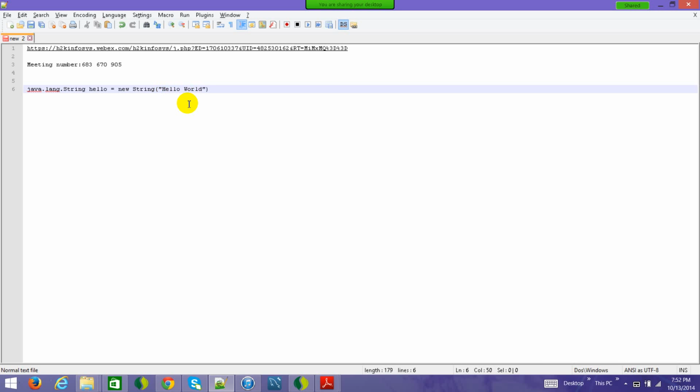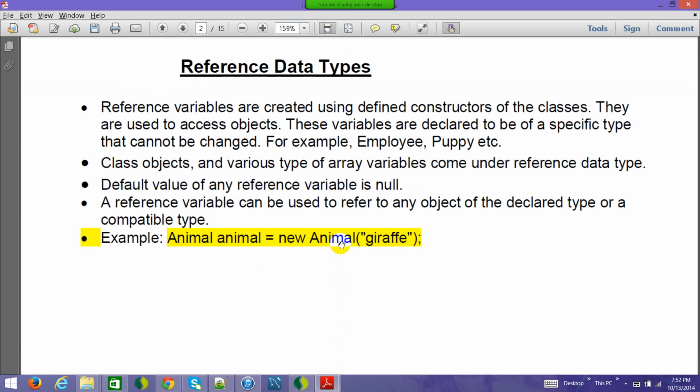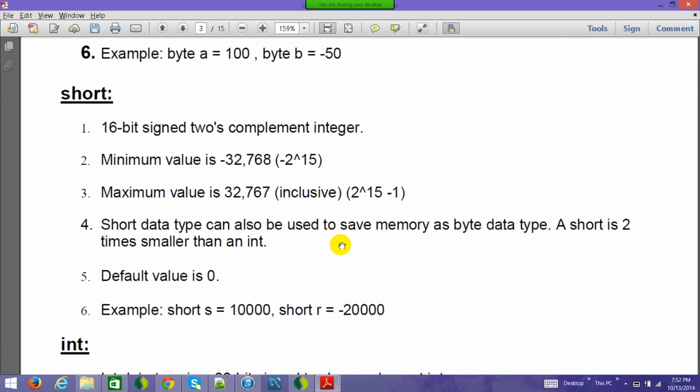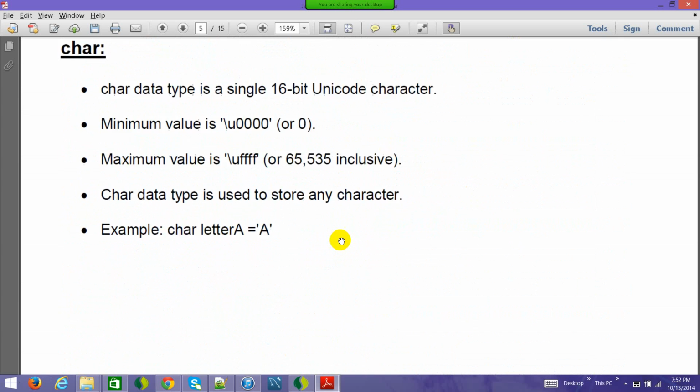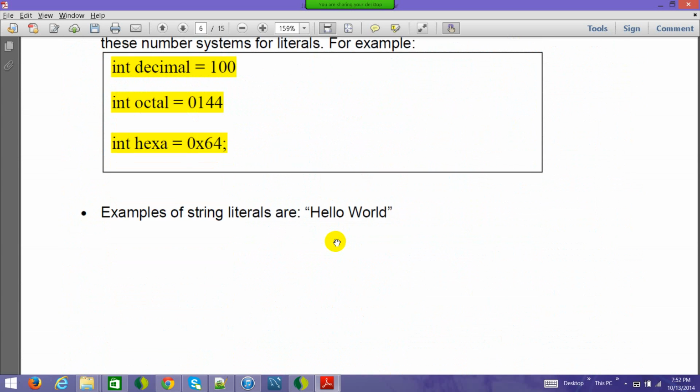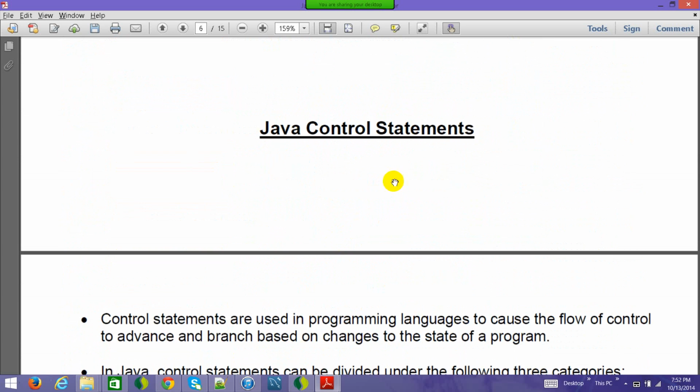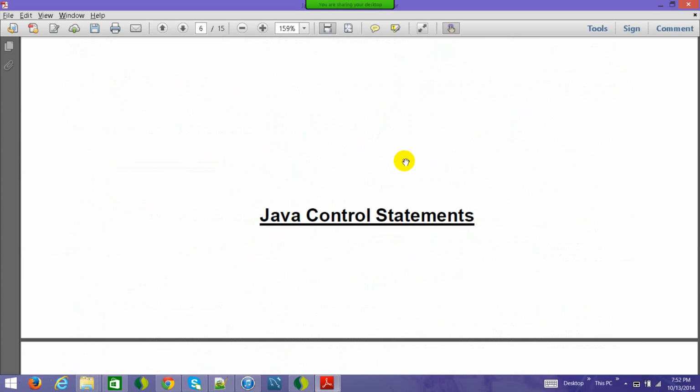Once you define it like this, you can give the value as hello world, and there is a string literal. When you say string literal, you can just define the constant value directly like this. So this is one of the other literals which is out there, the string literal, which I wanted all of you to know. Now let's go down, let's see what else we have. Yes, the example string literal is covered. So this is all about the data types which we have.